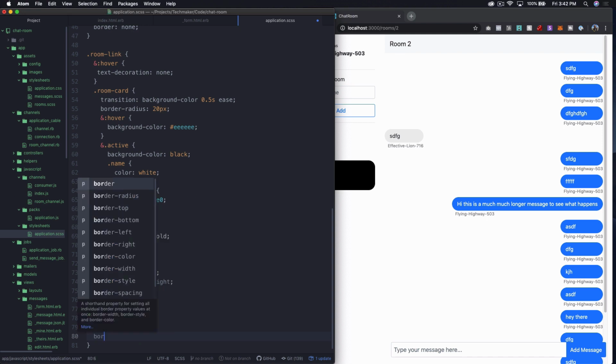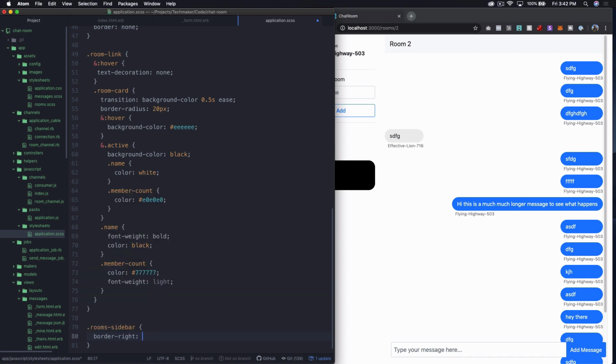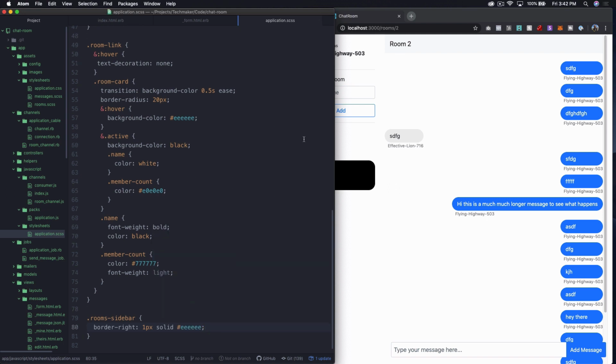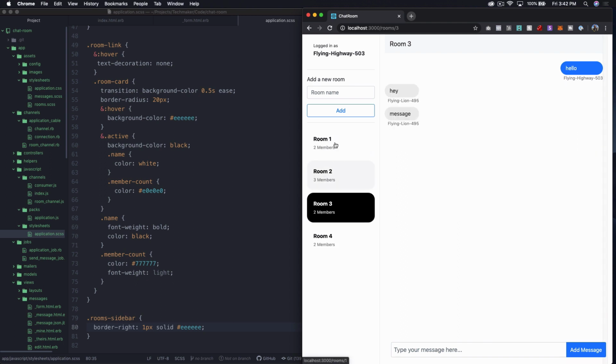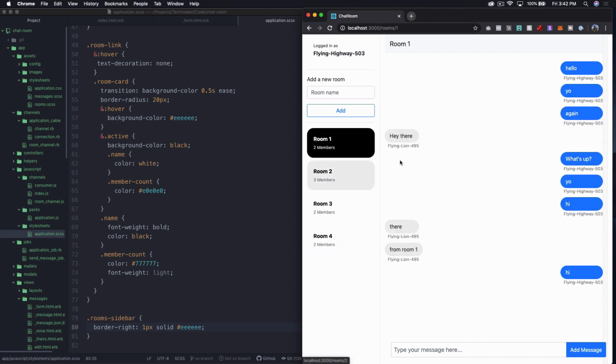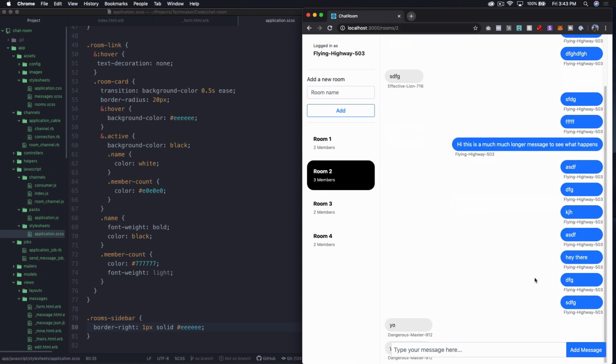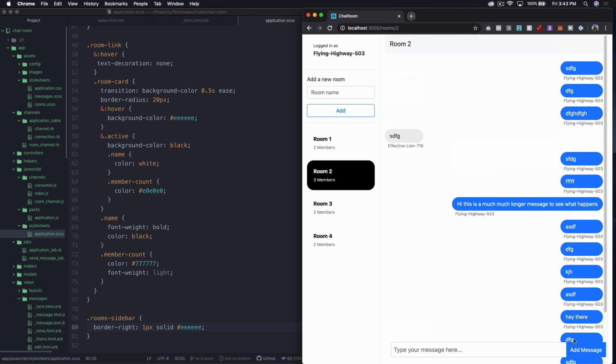So what I'm going to do here is just border right 1 pixel solid, and definitely taking some inspiration here from Facebook Messenger. Okay, so that looks pretty good. I think that looks pretty cool actually. So this over here looks kind of jankety. First of all, it's scrolling past the thing and you can't see,